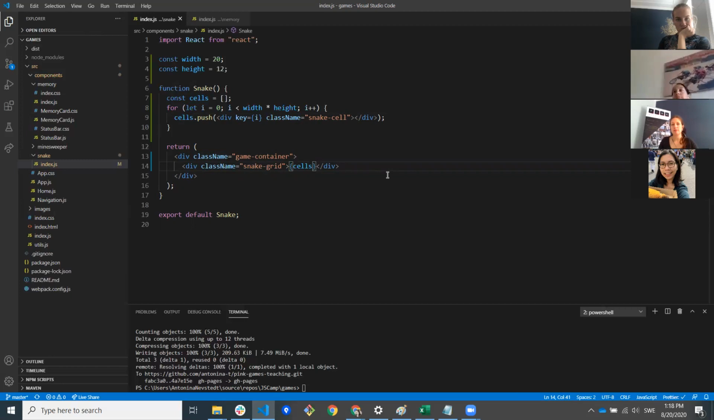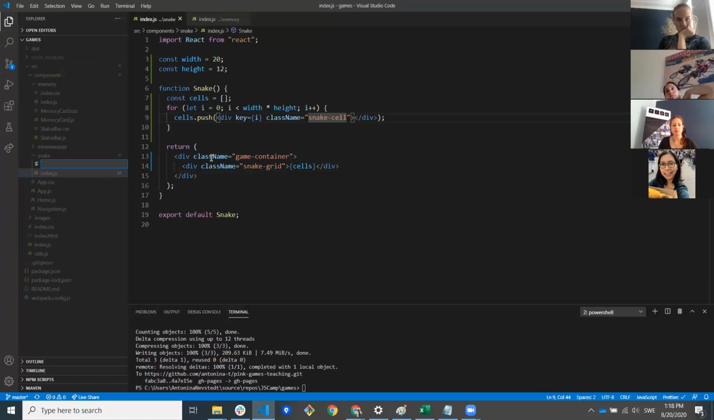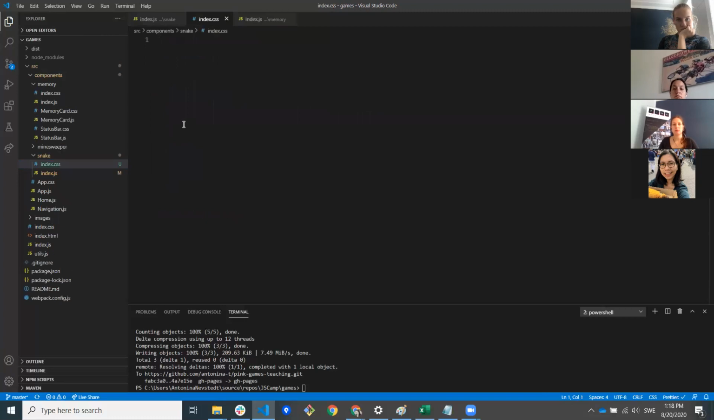We have just created an empty grid. Now we're gonna add a CSS file. It's gonna contain snake grid and snake cell. Game container will have to come from somewhere else. Let's start with snake grid and snake cells. So next to index.js in the snake folder, create a file, index.css. And we add